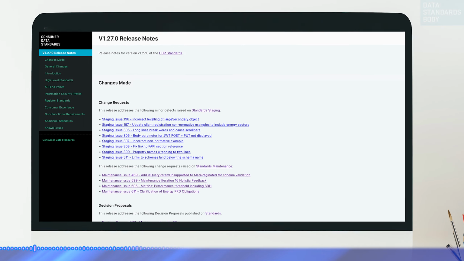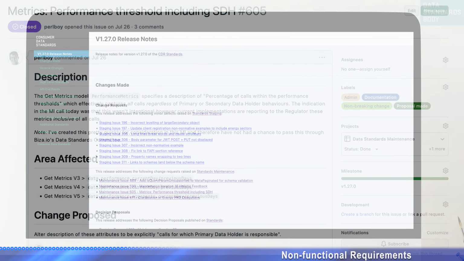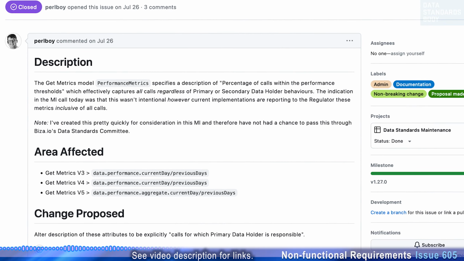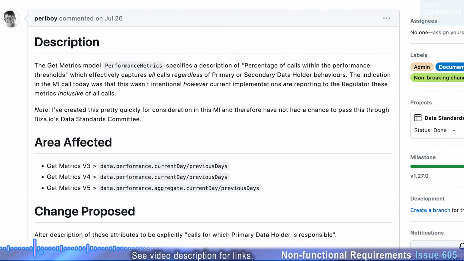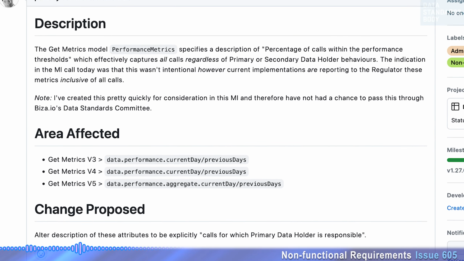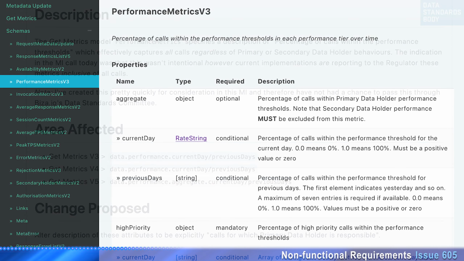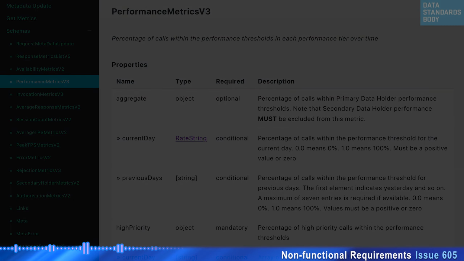Moving to non-functional requirements. Issue 605. 605 covered metrics for the performance threshold, including secondary data holders. This is a non-breaking change. This change clarifies the performance expectations for primary and secondary data holders for the Get Metrics endpoints versions 3, 4,